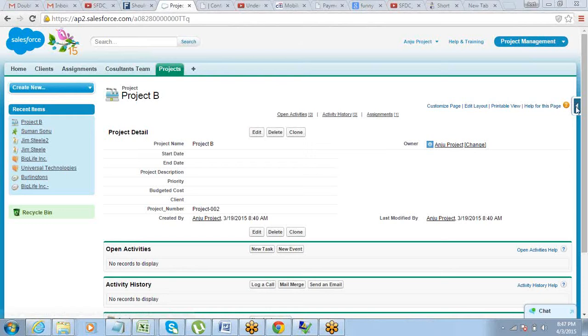Okay. So now let's say this project object we have. I was just talking about this project object, and we were discussing this example. Before I get into how to put a formula here, I just have a small question. Now do you see how I have opened a project? Do you see how this is being displayed? Right now all the fields have come on the left hand side and the right hand side is completely blank. So how can we correct this? What is the best way of correcting it?